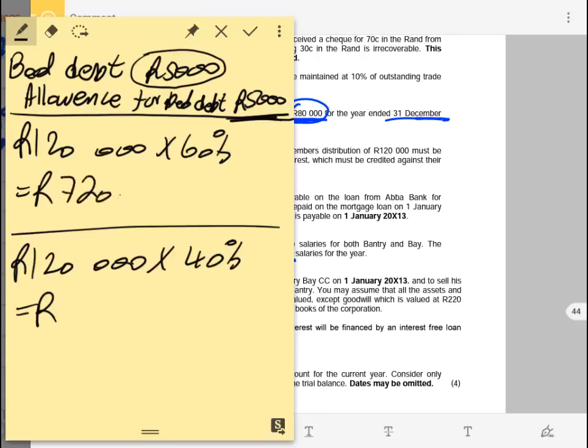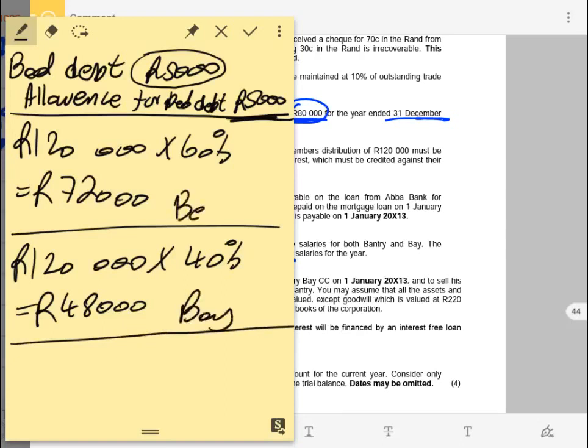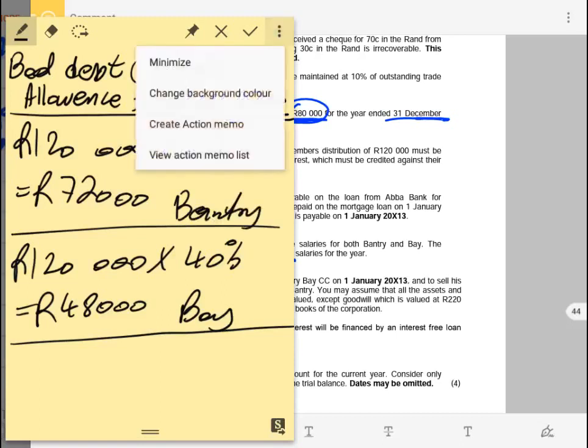That means the portion that must be credited against the loan account of Bentley will be 72,000 rands, and 120,000 rands times 40% will be 48,000 rands, which is the portion of the distribution that must be credited against the loan account of B. So let us go and record these two